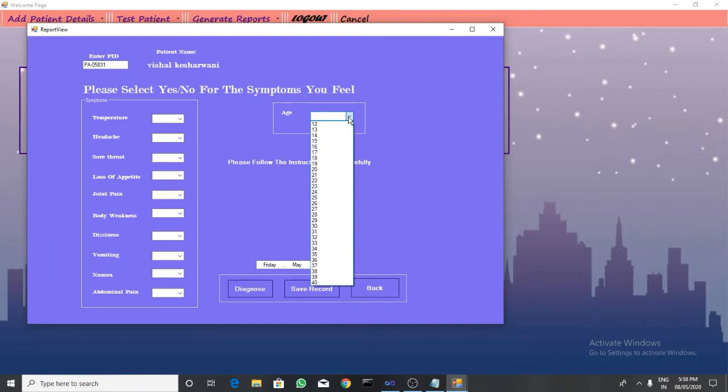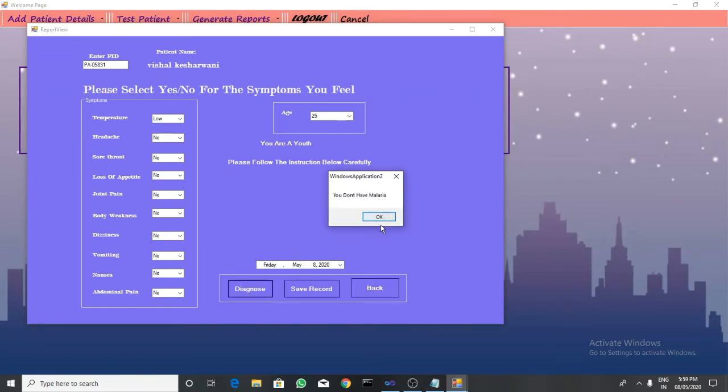Then we have to click on age and select the age of the patient. This is our input of symptoms for creating the report. Then we have to click on diagnose.